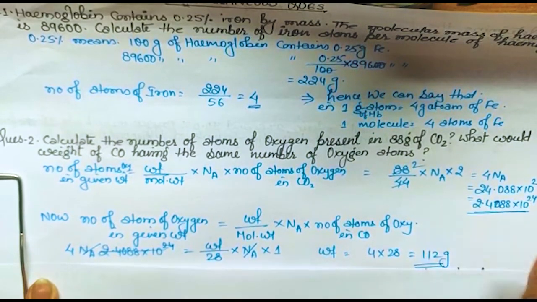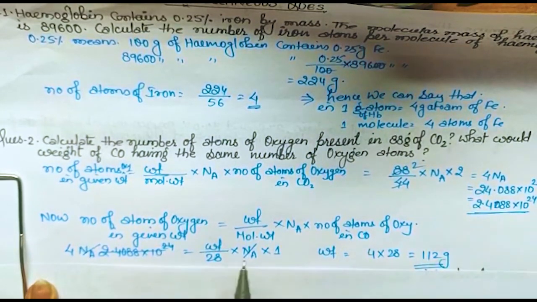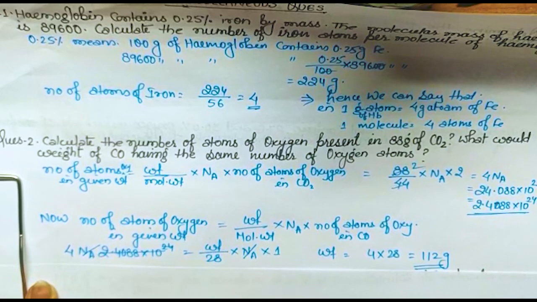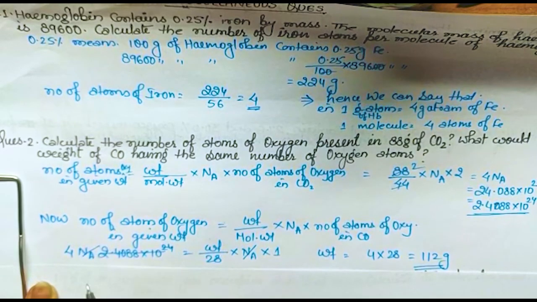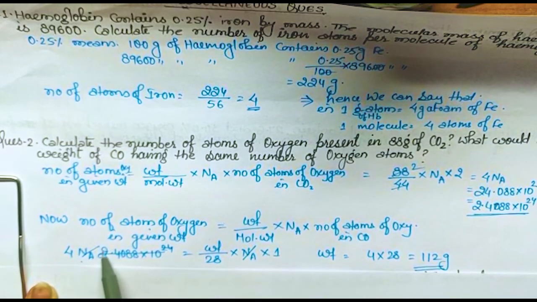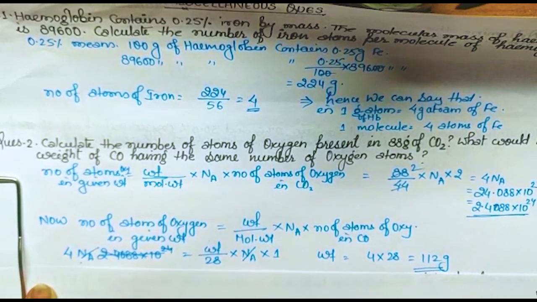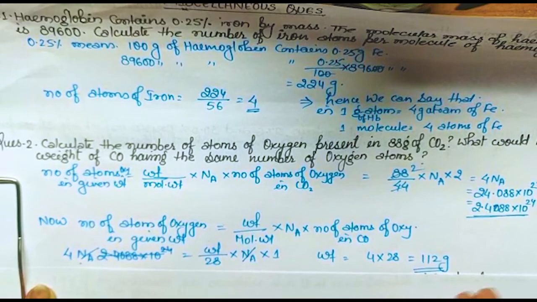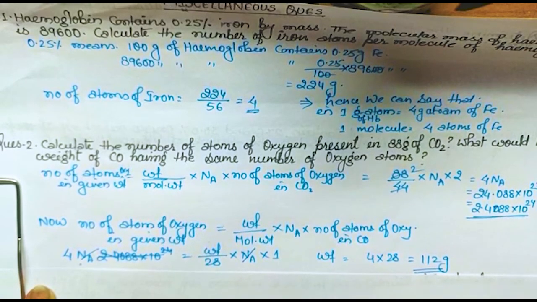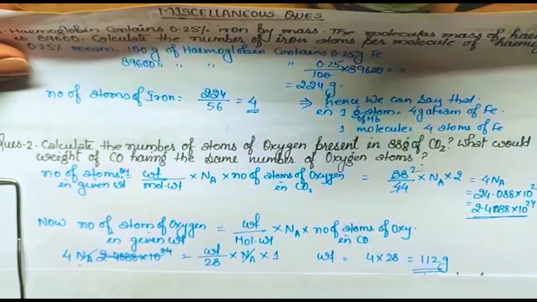We've got the formula. If you put the numerical value here, then multiplication and division with 6.6 comes up again and again, so let it be written in 4Na form. Na will be cancelled out and you will easily find the answer. Hope this is also clear, isn't it? Now let's start question number 3.